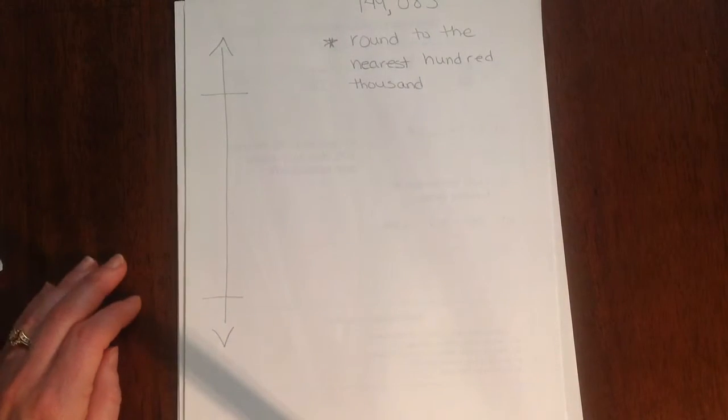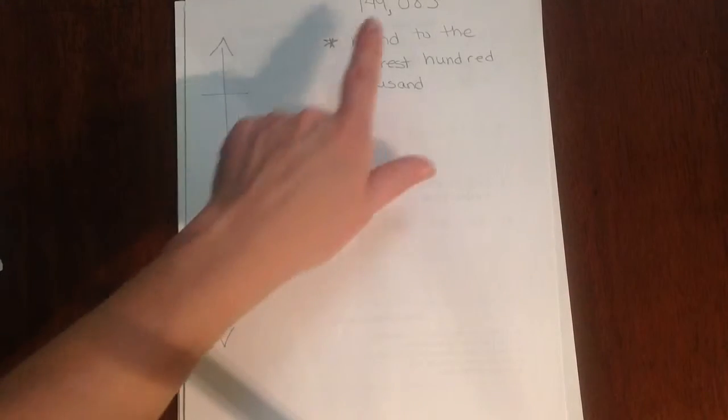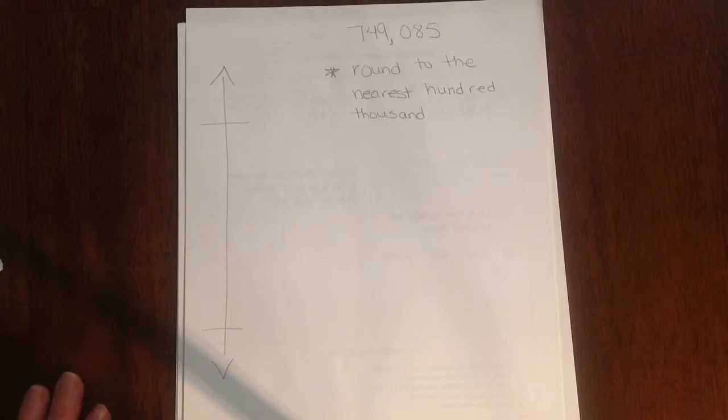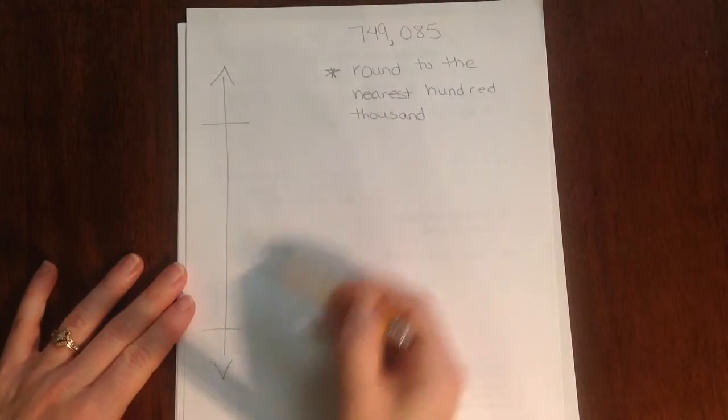All right, let's go ahead and try one more. This time, I would like you to make your vertical line and write 749,085. Go ahead and pause. All right, what we're going to look at now is that you have a vertical line to round to the